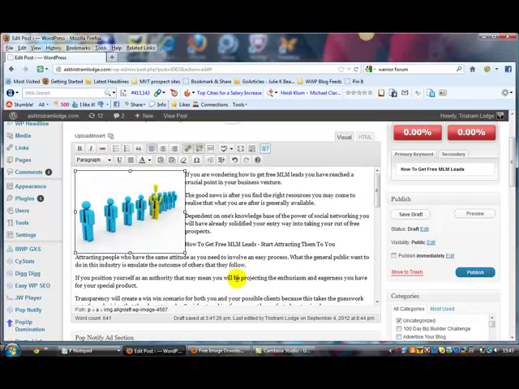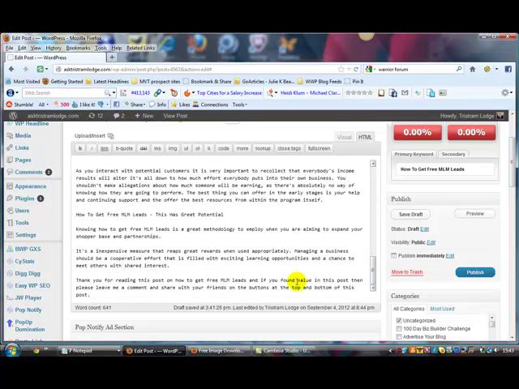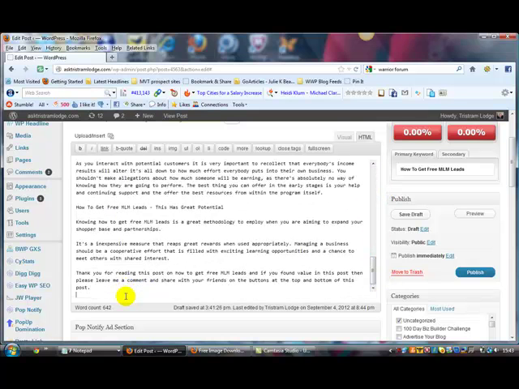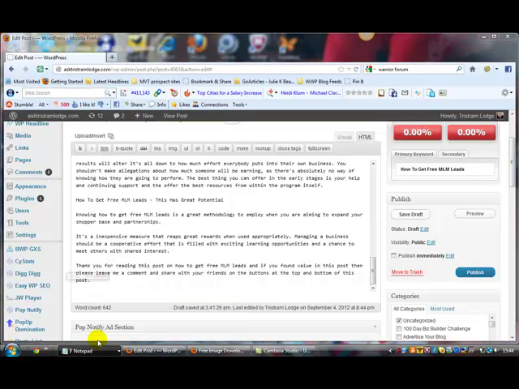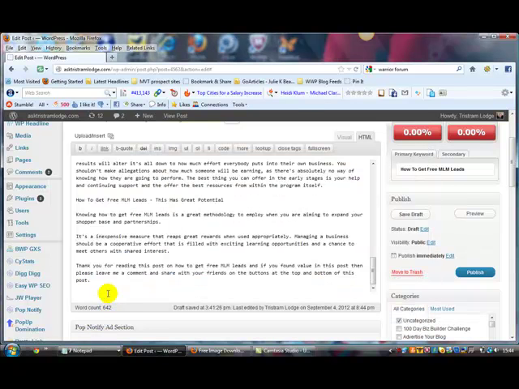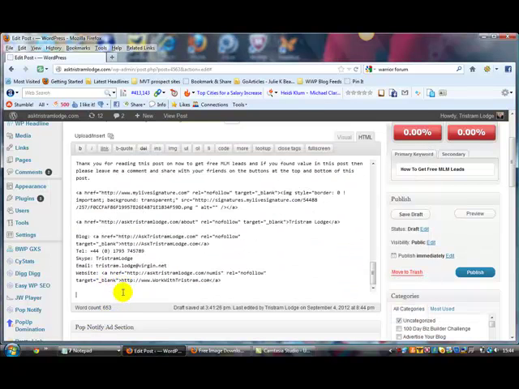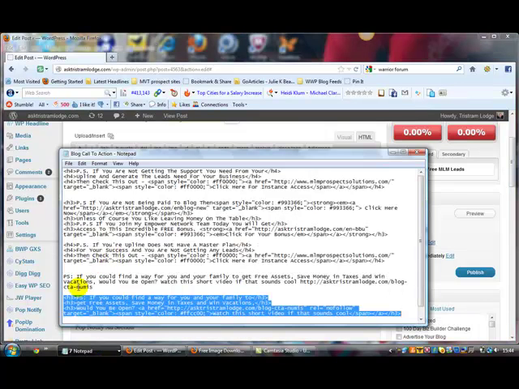So what I'm going to do first is switch the visual editor over to HTML. And I normally have everything that I want set up here in Notepad. So I'm going to have my signature. So I've got it already in HTML. I'm just going to copy and paste that in. So the first time you actually do this on a blog post, what you can do is you can just come in and